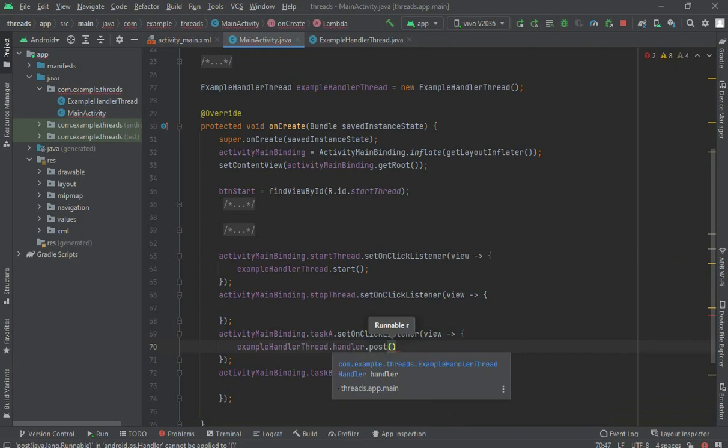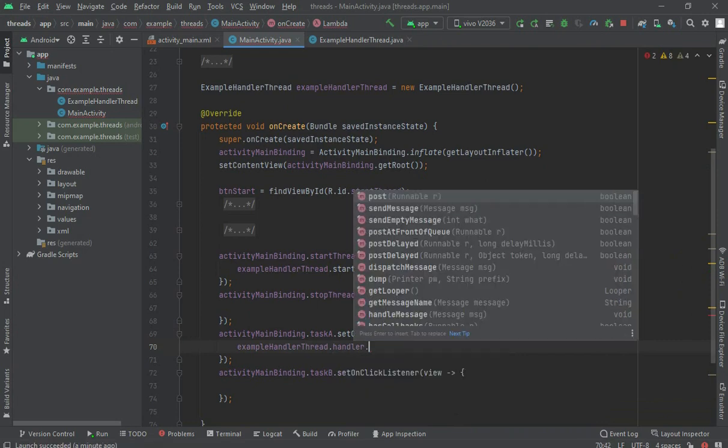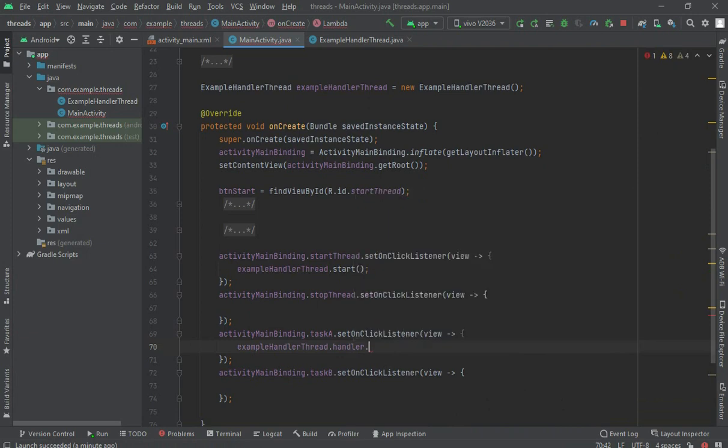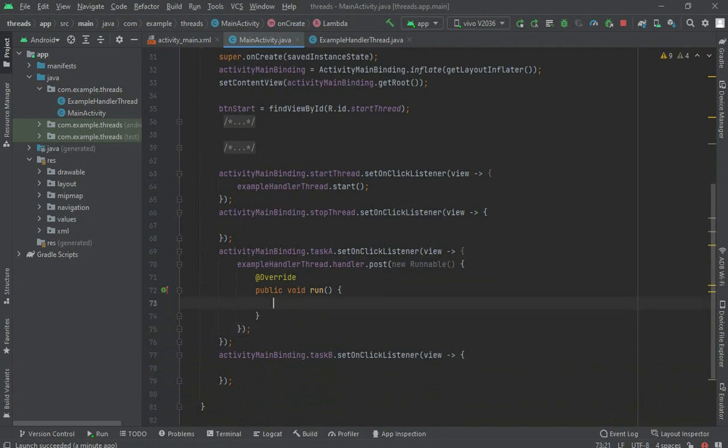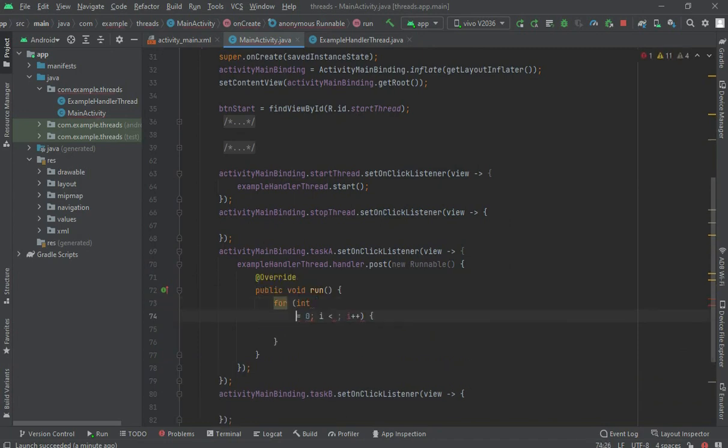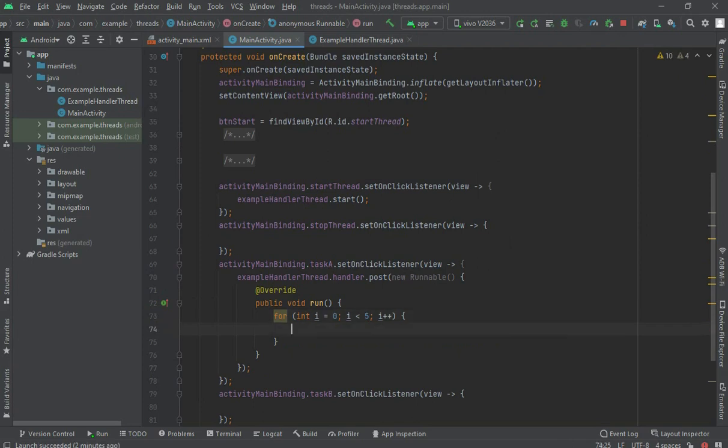You can also create another function here like postDelayed and sendMessage, etc. But let me do it with this post first, and here new, create a runnable this, and here what you have to do is first create a for loop here, and let me give 5 here,